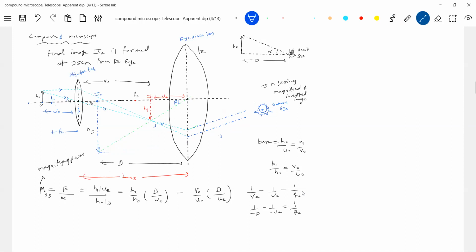Are you able to see this? The rays will become parallel, and you are not going to show where the image will be now. The image will be at infinity. The length of the tube, I'll still use the word infinity only, but it's not like infinite length. The distance between object and eyepiece will still be non-zero. So I'm seeing a magnified and inverted image very comfortably.